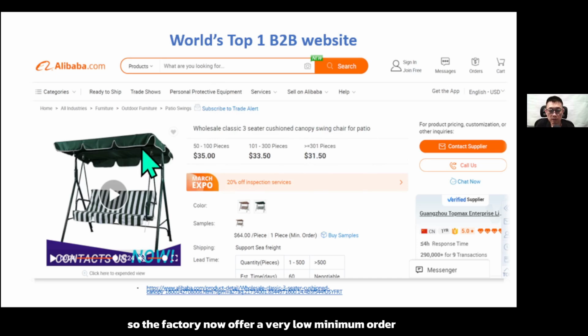So the factory now offers a very low minimum order, and the buyer can easily purchase online. So the quantity of the minimum order is getting very, very low. And you can see here is a verified supplier, because the buyer, the customer on Alibaba.com, they are professional buyers. They have the interest to know who made the product. So the website has to provide a lot of information